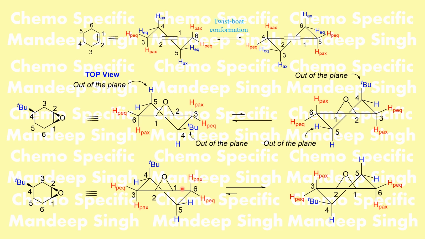कमिंग आउट ऑफ द प्लेन। सो जो दूसरा कन्फॉर्मर पॉसिबल है वो ये वाला कन्फॉर्मर पॉसिबल है। अब दोनों में से हमारा स्टेबल कौन सा हो, स्टेबल की मैं कह रहा हूँ कि मेजरली किस कन्फॉर्मर में एक्सिस्ट करेगा, इसमें करेगा, बिकॉज यहाँ पर टर्शियरी बुटाइल क्या है हमारा, इज इक्वेटोरियल एंड एट द सेम टाइम अगर मैं ऊपर से देखूँ तो दिस इज कमिंग आउट ऑफ द प्लेन, ओके। सो आप ये भी ठीक है, हमारा ये भी ठीक है, आपको जो वहाँ से नंबरिंग कंफर्टेबल लगती है आप वहाँ से कर सकते हैं, ठीक है।